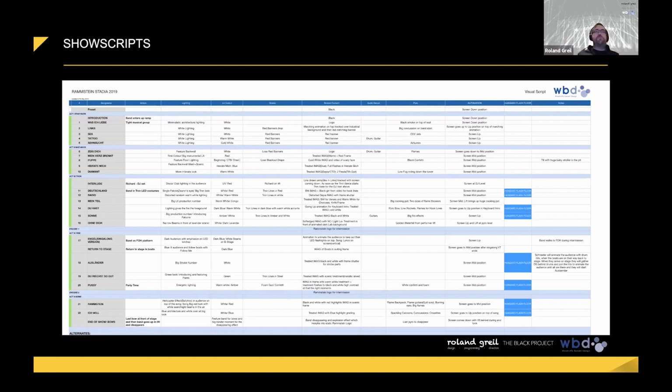So in the first step, you write a list with those songs, and what we're looking at here is a show script. From which show is it? It's a Rammstein show script, and that's the very first step we did for Rammstein: we put the songs in the order the band wants to play them. Then you think, still with a bigger brush, about kind of how you want to